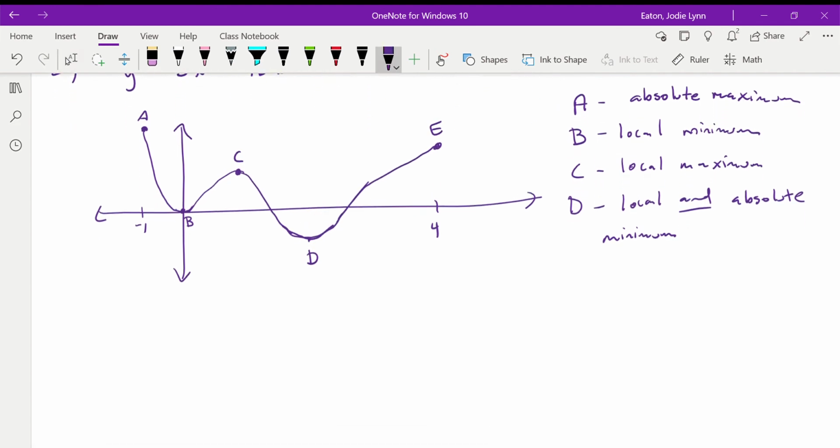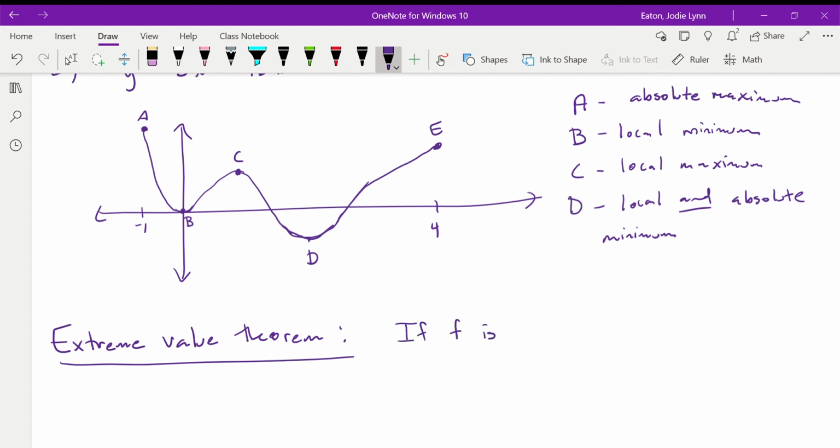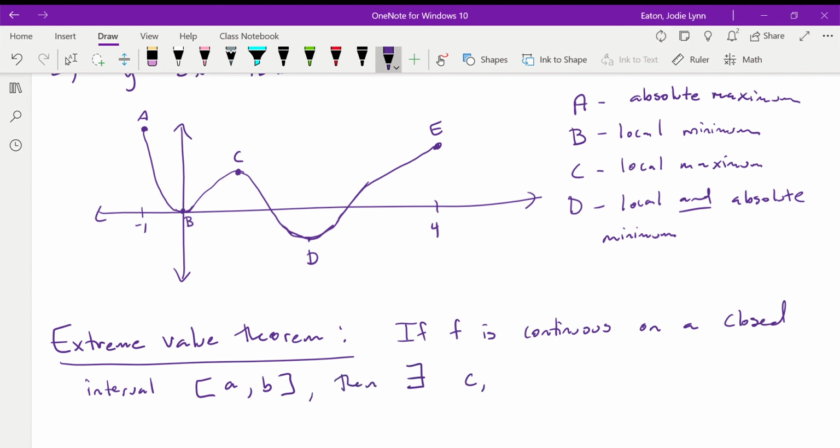So from this, we get the extreme value theorem, which I'm not going to derive, but you can check your textbook if you'd like to see it derived. So the extreme value theorem. If f is continuous on a closed interval, so it's very important that we're talking about a closed interval, a comma b, then there exists c and d that are in [a, b],